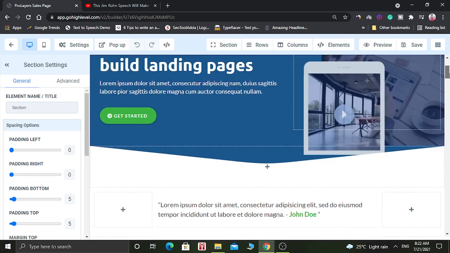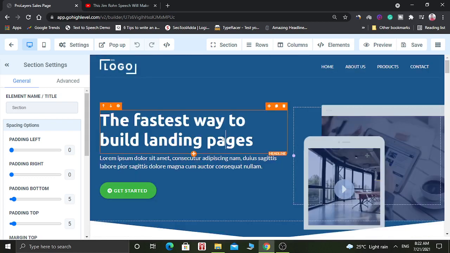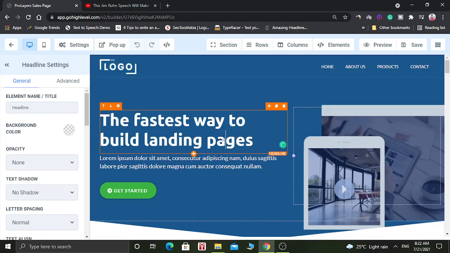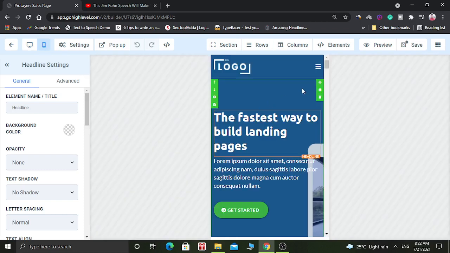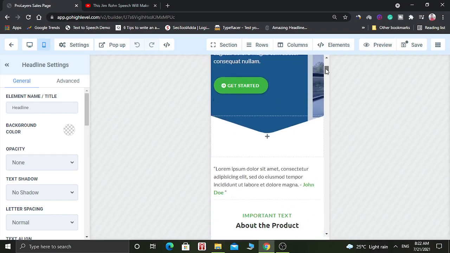You can edit anything. You can delete this or you can edit it. So what are the options here? Let's see. This is the desktop view. If you want the mobile view, then you can also do it. On the mobile view, you will see the mobile version.